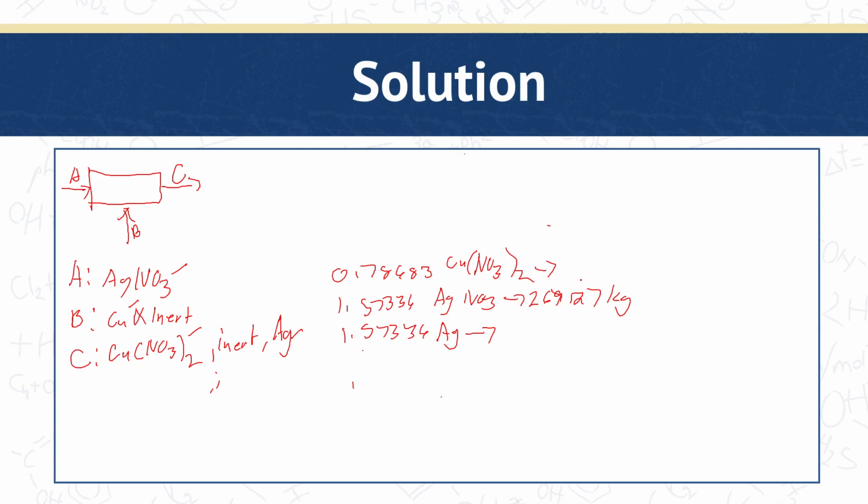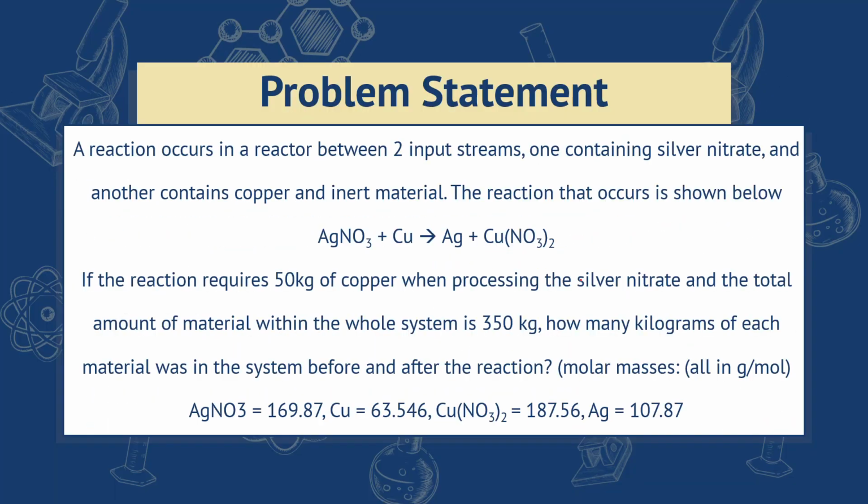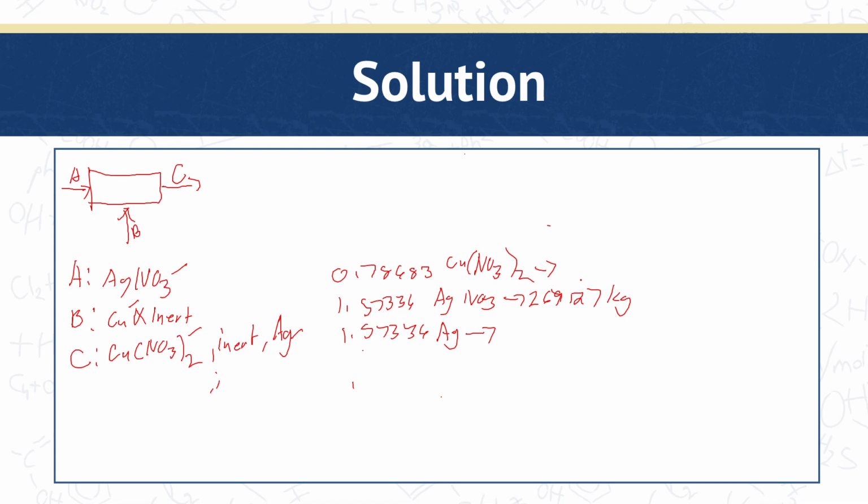For your copper nitrates, it's 0.78683 times here 187.56. You shall result with 147.58 kilograms of copper nitrate, and for here it's